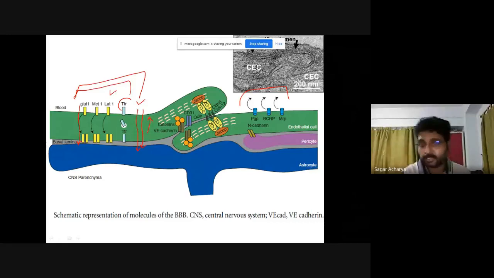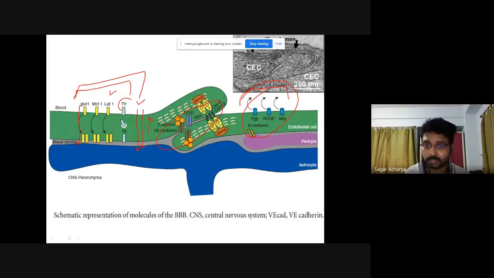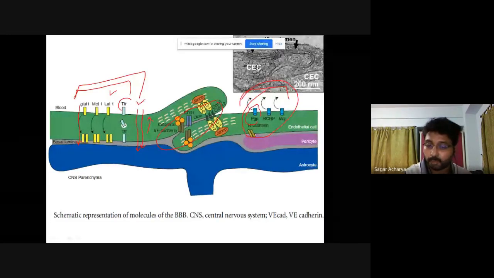The next and most important one that we were talking about is the efflux transporters, which form the transport barrier function. One is the efflux barrier MDR1, which is P-glycoprotein. It uses ATP to transport small molecules, basically lipophilic molecules that come